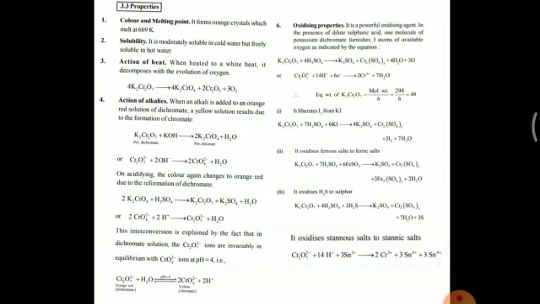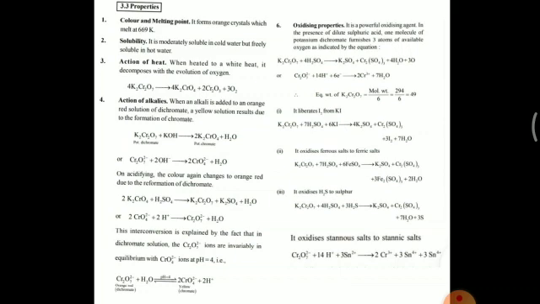Or we can write this ionic equation. If we write dichromate ion Cr2O7 2- plus 14H plus plus 6 electrons gives rise to 2Cr3 plus plus 7H2O. So in this balanced equation, see, equivalent mass of potassium dichromate we can calculate by using the formula